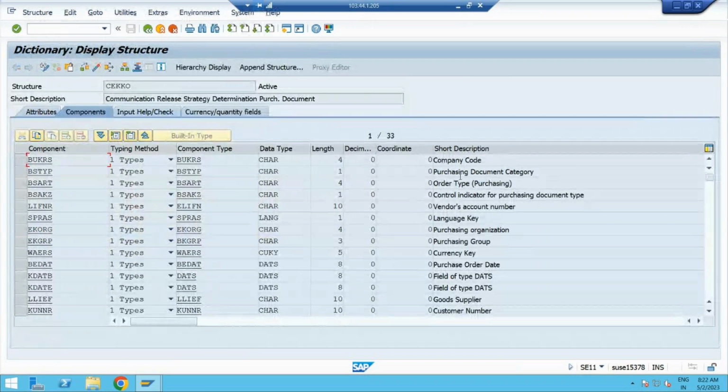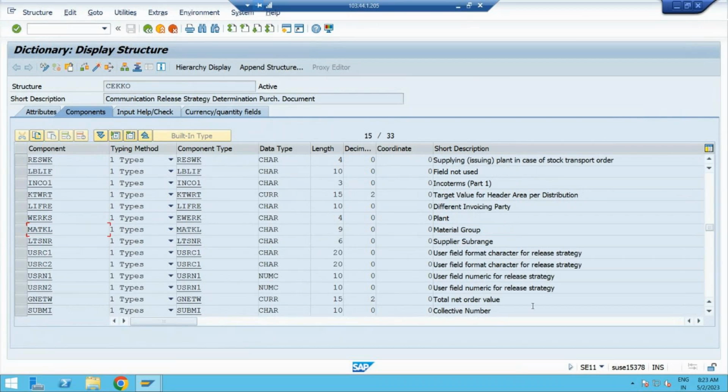Now it depends on what characteristics you are taking. If it is purchasing group, it is EKGRP, right? If it is purchase organization, it is EKORG. Like that, you can search if you don't remember. For net order value, it is GNETW now for the purchase order. Yesterday we saw that for the purchase requisition it was GSWRT. In the same way, you can search. I have just taken an example of the